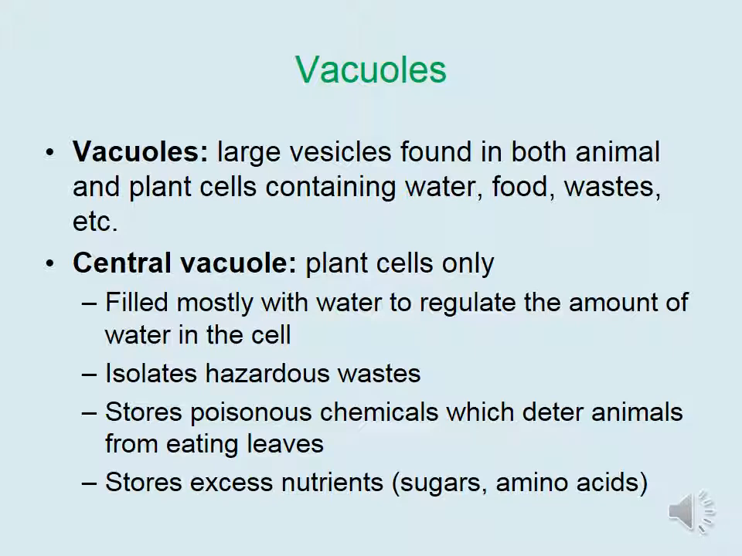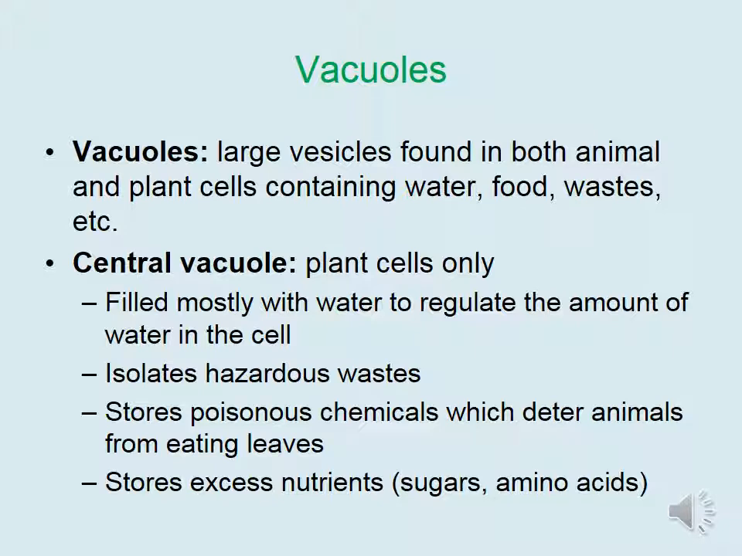Vacuoles are large vesicles found in both animal and plant cells that contain different components such as water, food, or waste products. Central vacuoles are found in plant cells only. These are large vacuoles filled mostly with water to regulate the amount of water in the cell. For instance, after plentiful rainfall, the cell will store the excess water in its central vacuole to use during times